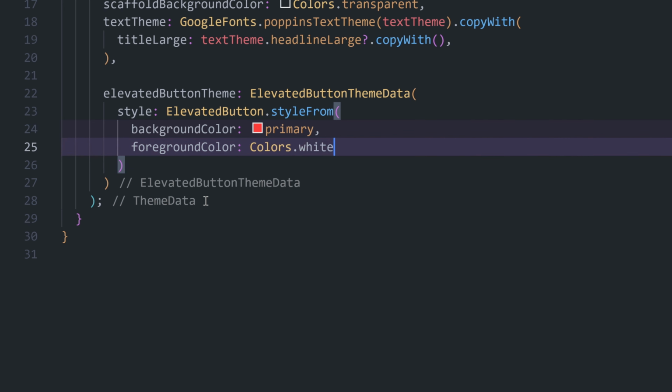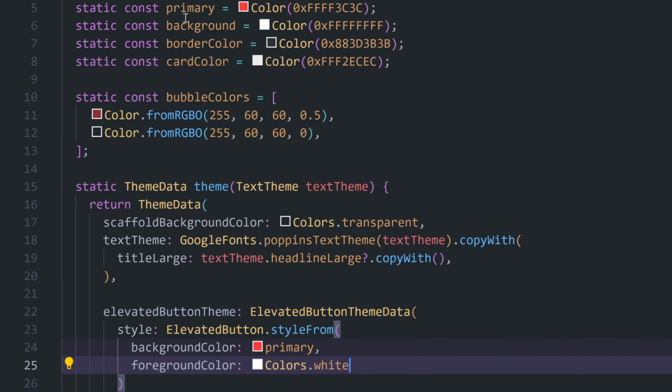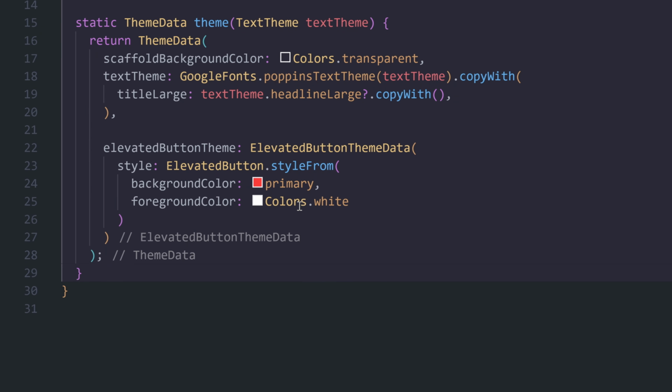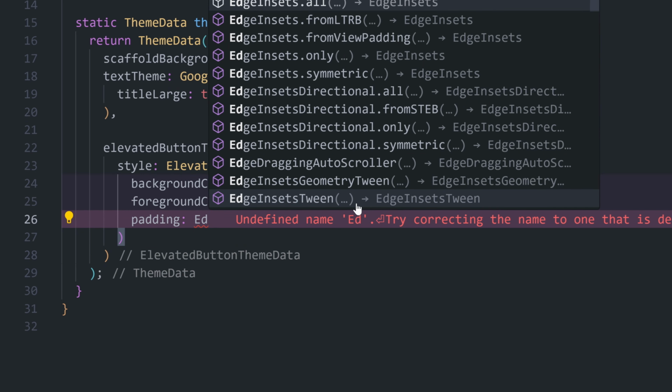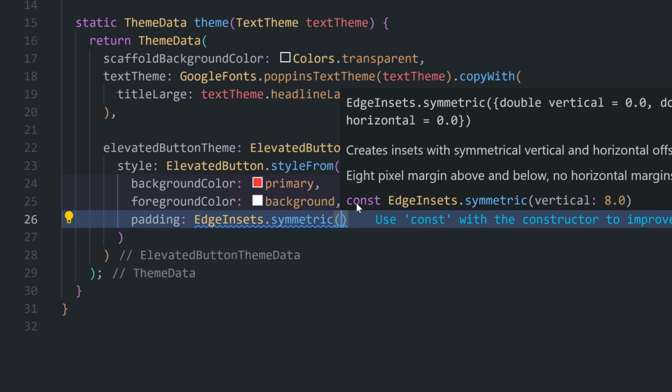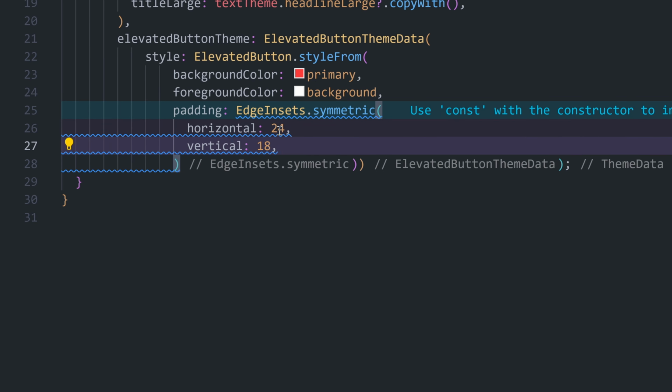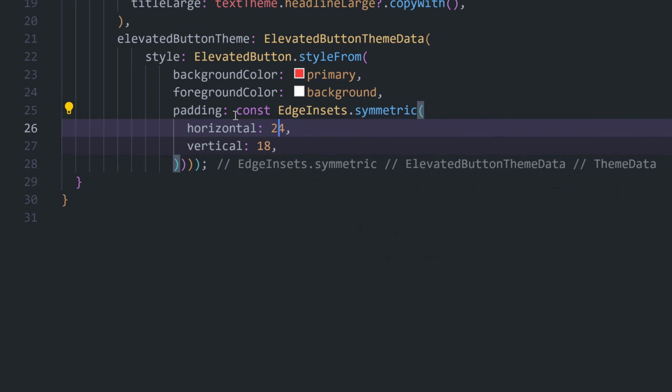because everything is. Also we could use this one, and for the padding we will add, instead of symmetric, we'll use 24 for the horizontal and 18 for the vertical. Use a const here, and